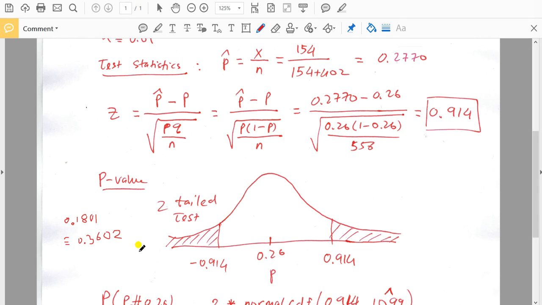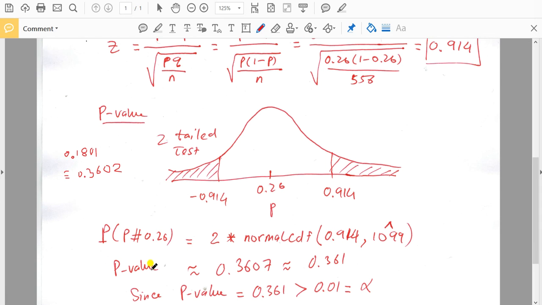Now, we don't have to use the Z table. All of you should now use the TI-83 or 84 to get a more accurate answer. If you do that, then we can find a p-value by just using the function called normal CDF. This does the same thing for you as looking up the table. Now, make sure you use the right command, otherwise you get something wrong. This normal CDF just gives you one area under the curve,